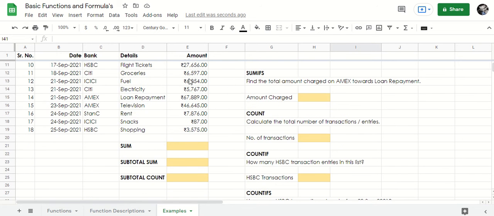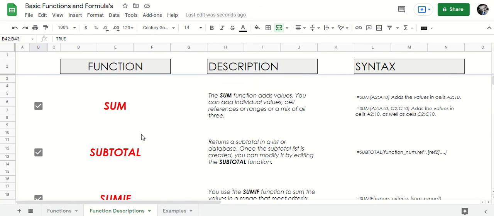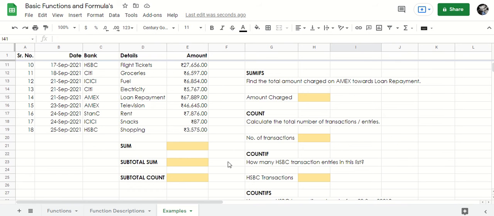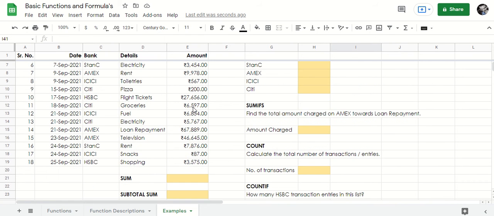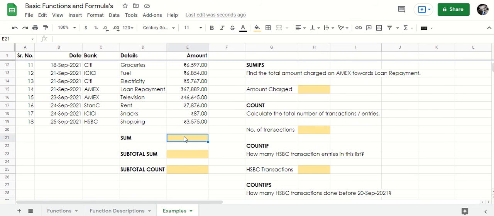The very first thing that we will be doing is let's look at the SUM function here. As it's said over here, the SUM function adds values and the formula shows as SUM, the range, and it adds values in the entire range. So we will be doing the same thing here. We want to find the total amount. So here, we will give the formula as equal to